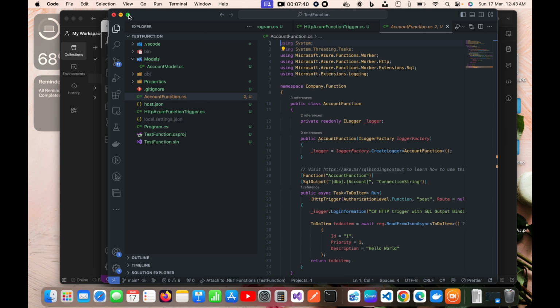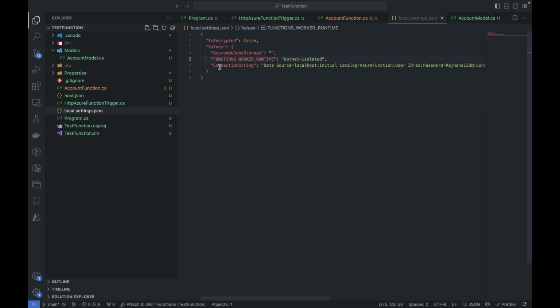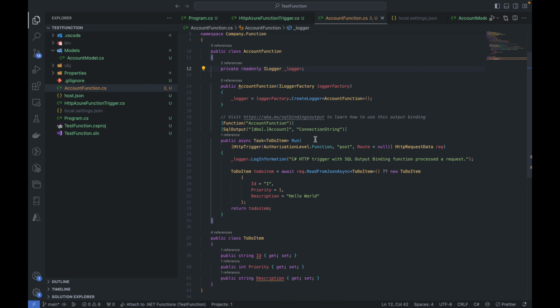I will close this one. Let me bring it to the full screen. Okay, so now I can see the whole function. So this has created the Azure function.cs file, and this is the local settings. Here you can see it has also added the connection string details. Okay, so now I will go to the Azure function here, and here it has written some preset of code, and